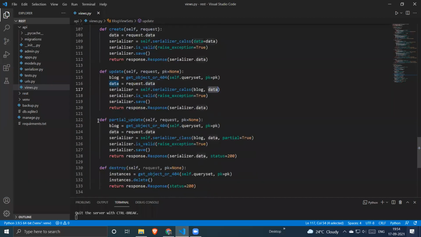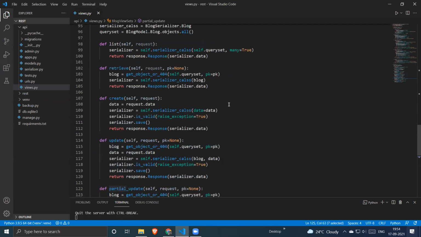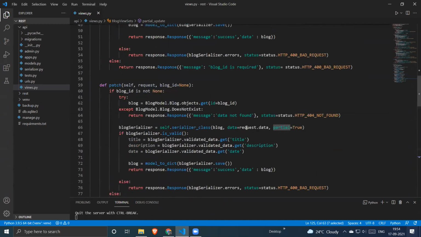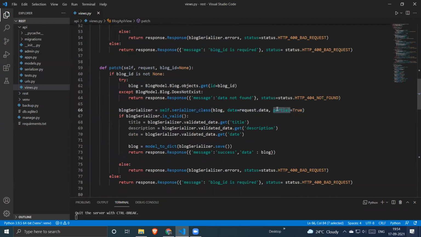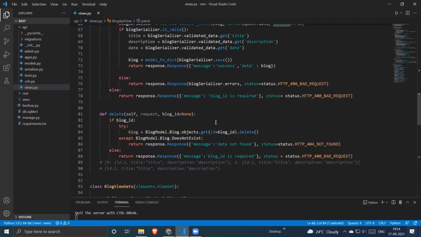In the partial update, the update function and partial update function are exactly similar, but the only change is partial is equal to true. What this partial equals true means, we saw in the put method and the patch method. Can anybody please tell me what is partial equals true?